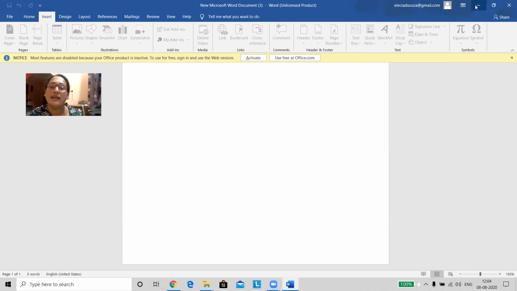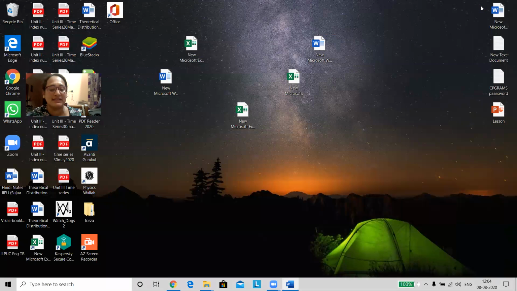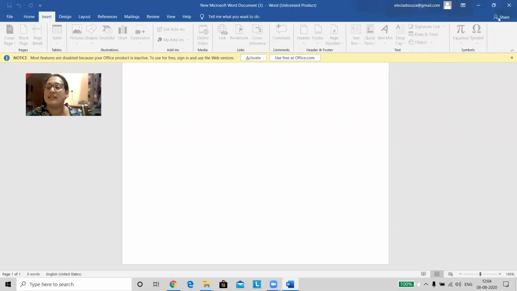Here it is minimize, here it is restore or maximize, and you are having a close. When I give this button, it minimizes, it becomes smaller here, and then this is restore or maximize and close. So it helps you to control your application window.